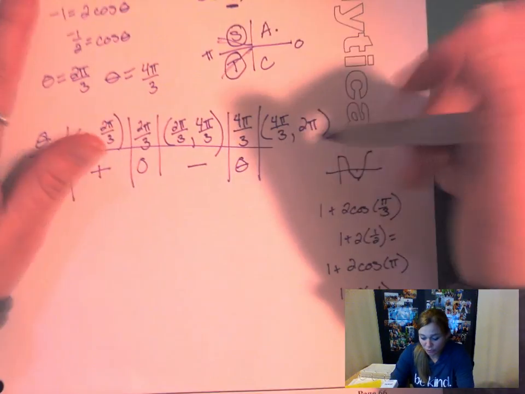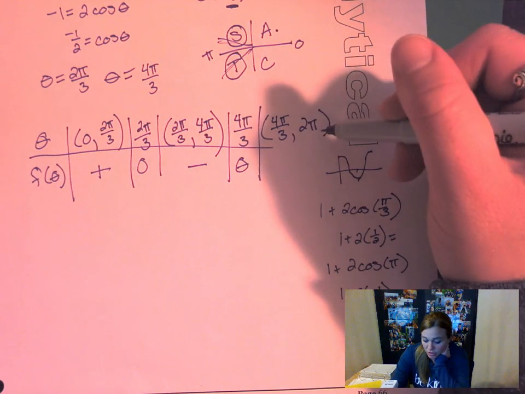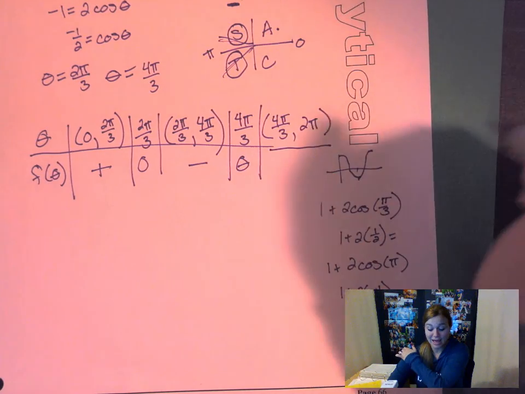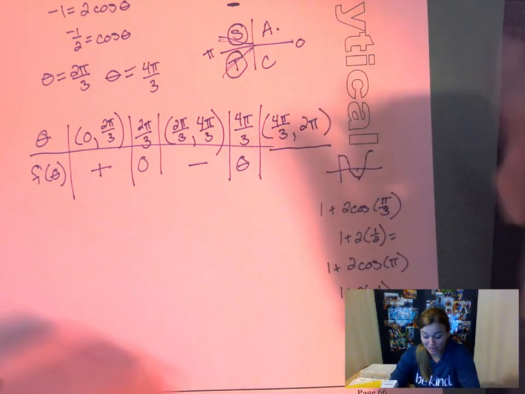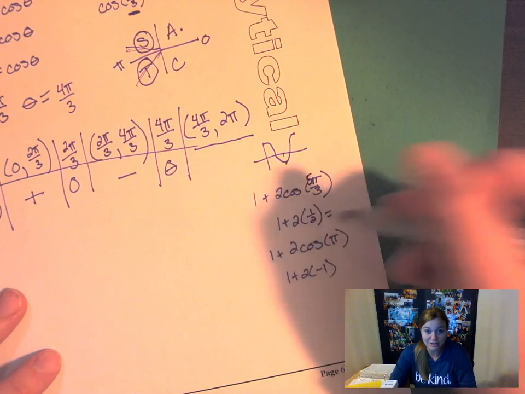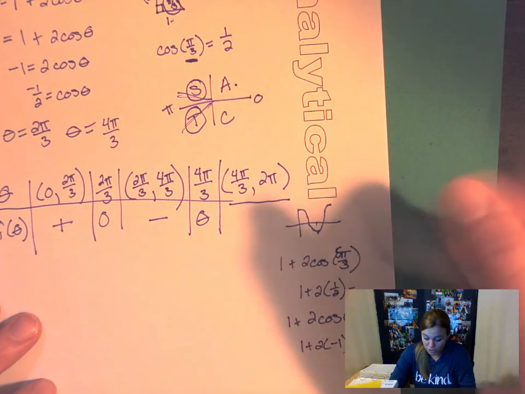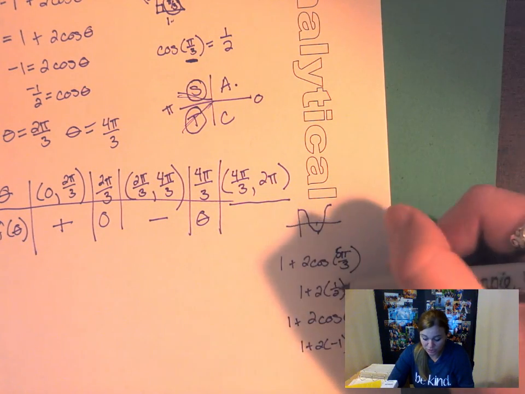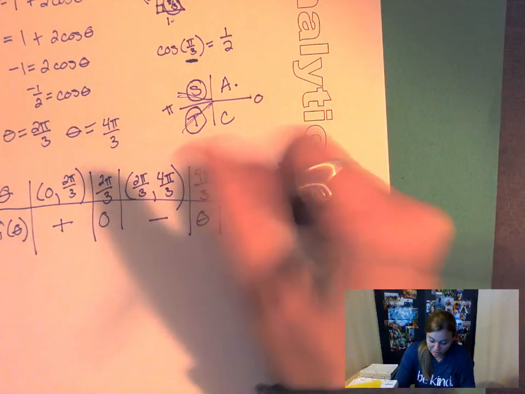And then 4 pi over 3 to 2 pi, I'm thinking about 5 pi over 3. It's going to be the same deal as here, except it's in this quadrant, which would make cosine still a positive 1/2. So I get 1 plus 2 times 1/2, which is still going to be positive,